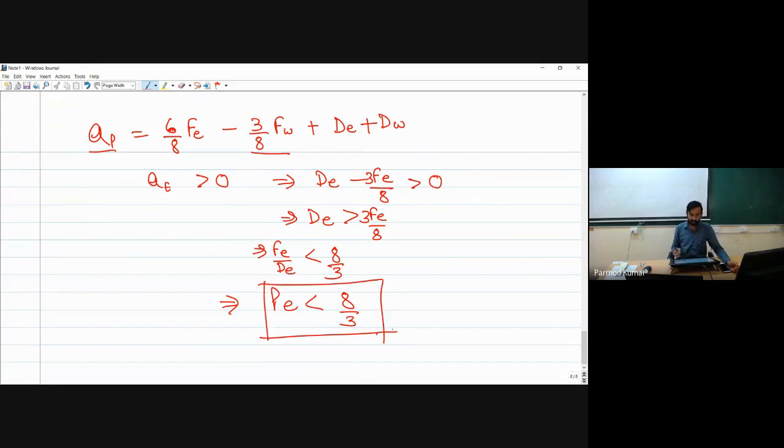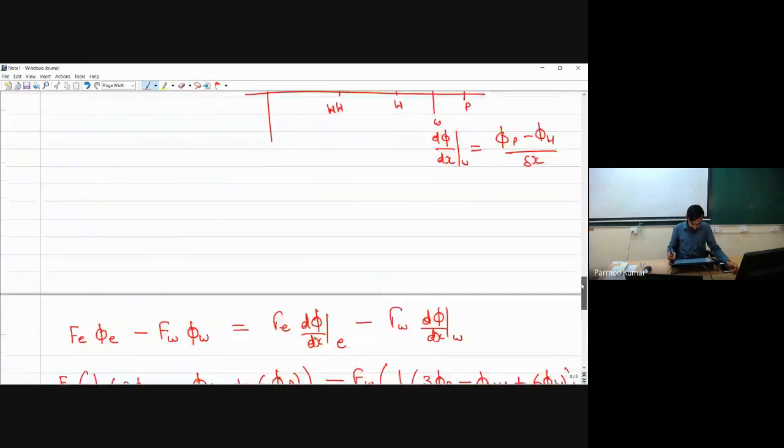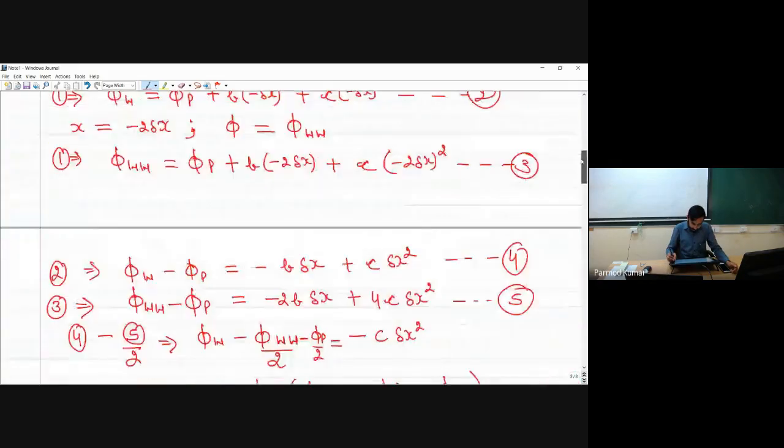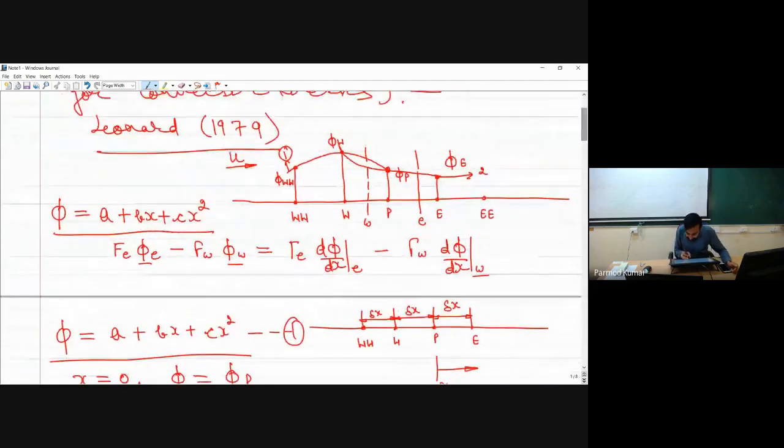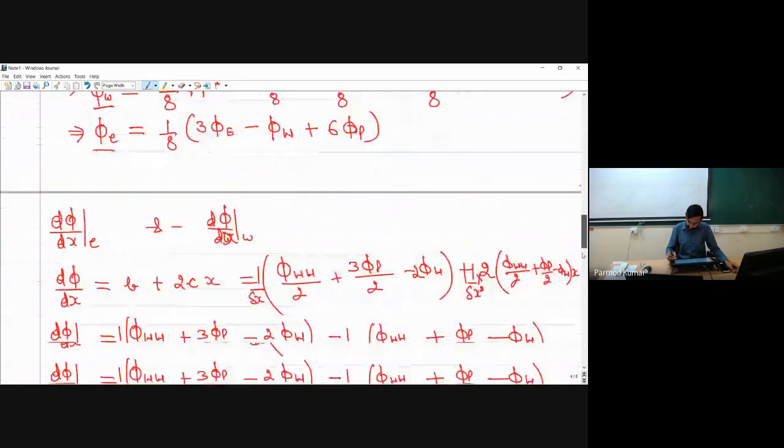So if we talk in terms of conservativeness, the quadratic function we have selected in such a fashion that the slope of the first curve and the slope of the second curve at the common face are matching each other. If these slopes are matching, our fluxes will be balanced, and if our fluxes are balanced, that will make our scheme conservative. Then the second property is boundedness.